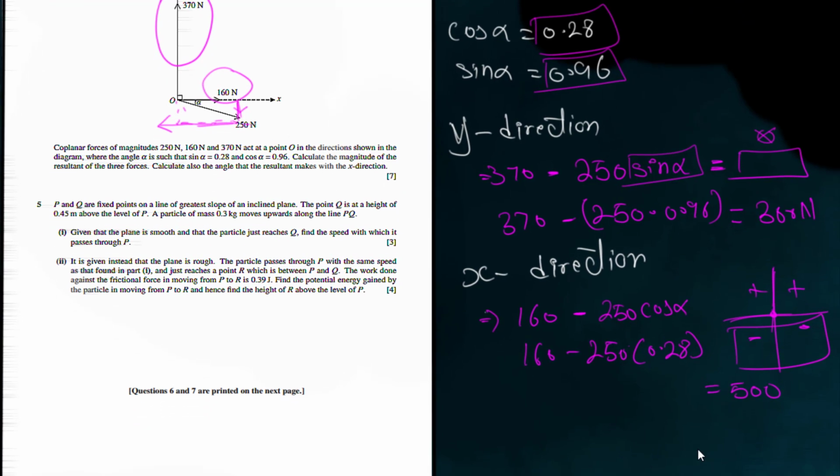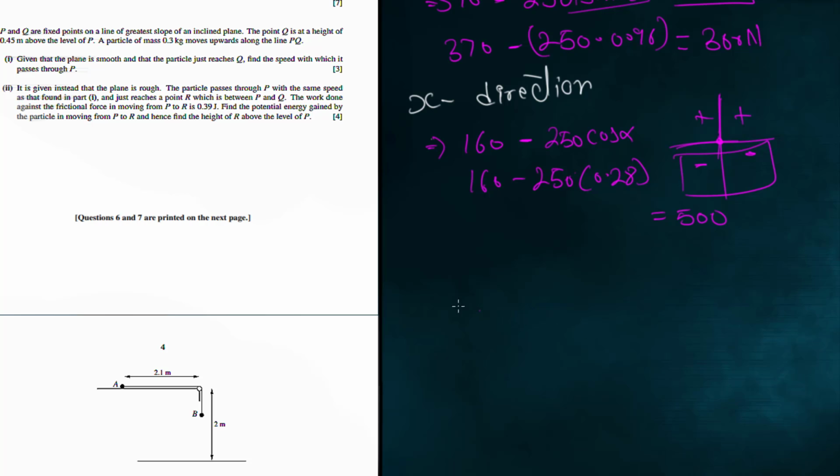And you have been asked to find the resultant force and the direction. To find the resultant force, all you have to do is take the modulus of both your values, basically the root of the squares of both values, 300 squared plus 500 squared. That's your magnitude. If you want to find the direction of your force,